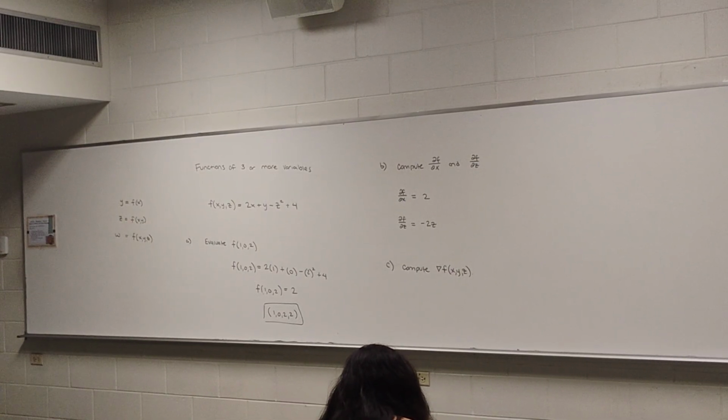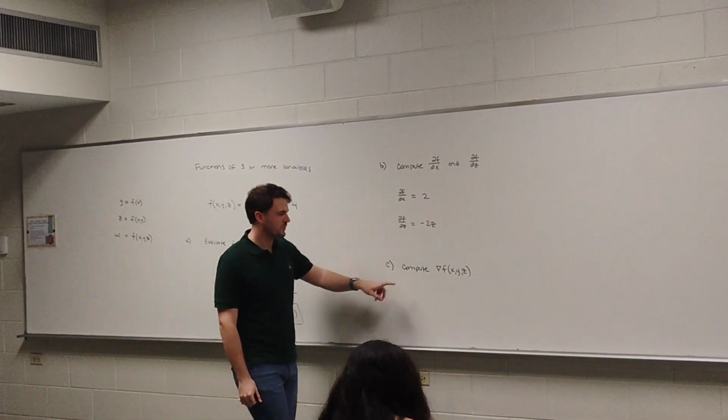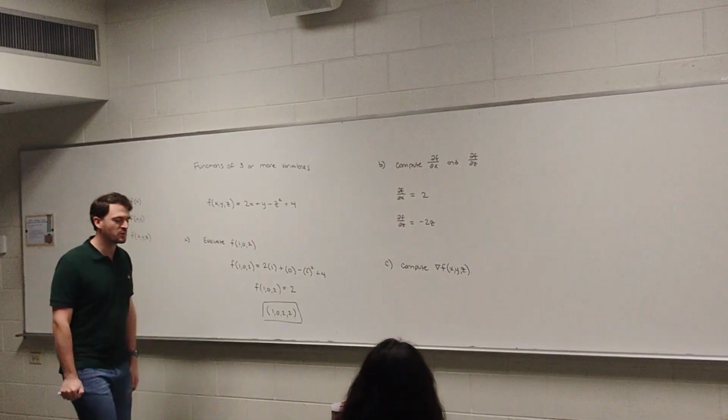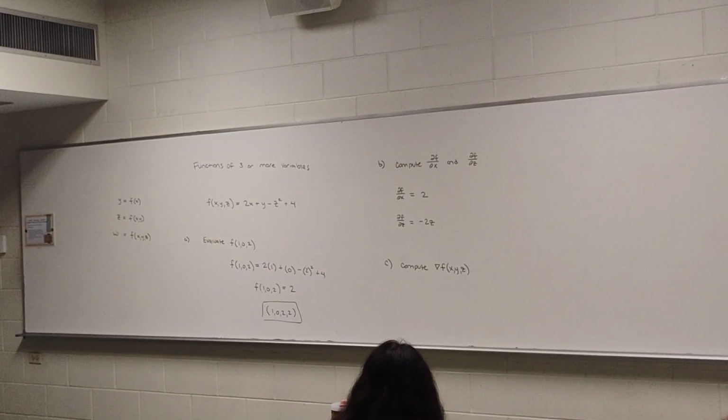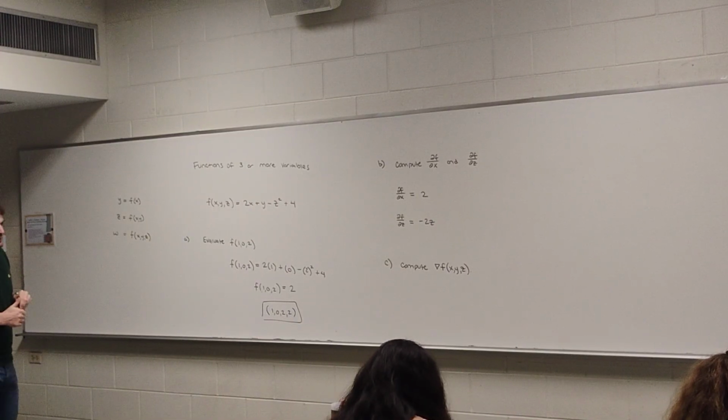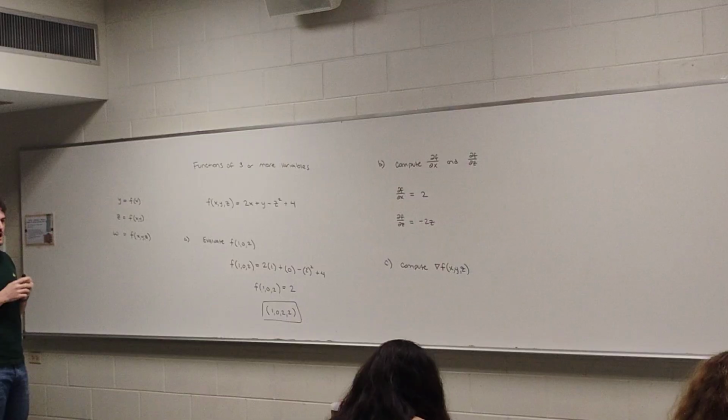Compute, when we wrote this upside down triangle, we called this the gradient vector. So just thinking back, the last ones we were looking at, the gradient was just a 2D vector: partial derivative with respect to x, partial derivative with respect to y. Now, you're just going to have a 3D